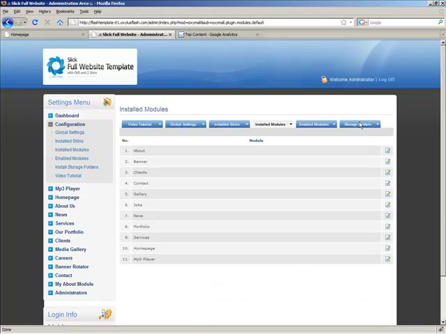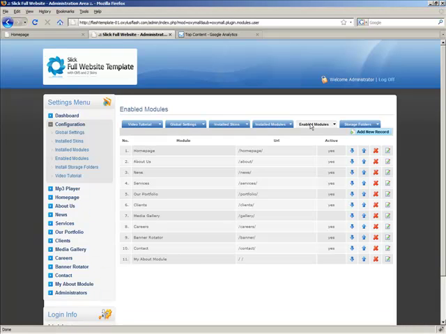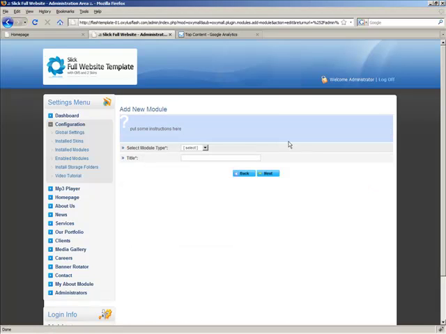The next and one of the most important sections is Enabled Modules. Here you can see the list of all active modules. You can change the order of the modules and this will reflect on the site's top main menu. If you want to add a new module, click on the Add New Record. Select the module type you want to add